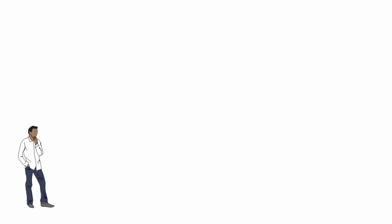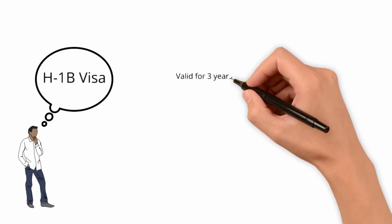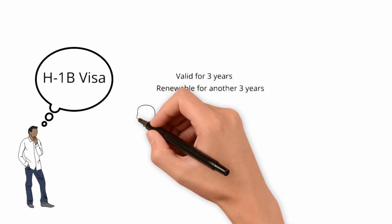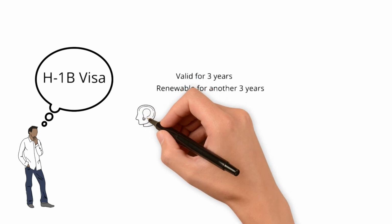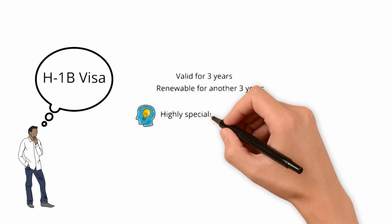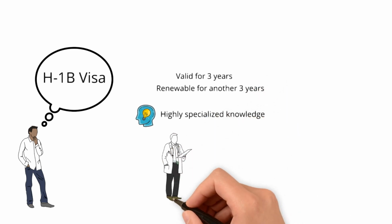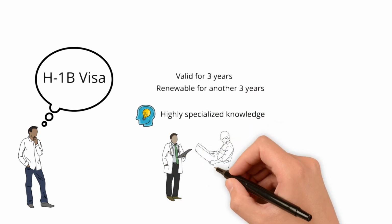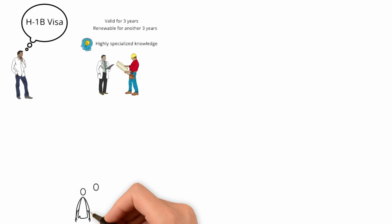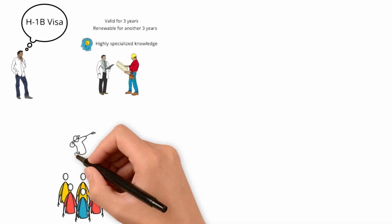The next step for many after OPT is the H-1B Specialty Occupation Visa, a temporary work permit valid for 3 years and renewable for another 3 years. However, this doesn't provide a secure pathway to a green card. The H-1B visa is not available for everyone, but only for jobs requiring highly specialized knowledge, and USCIS can change what qualifies as such. In order to receive the H-1B visa, you need to win a lottery that is becoming